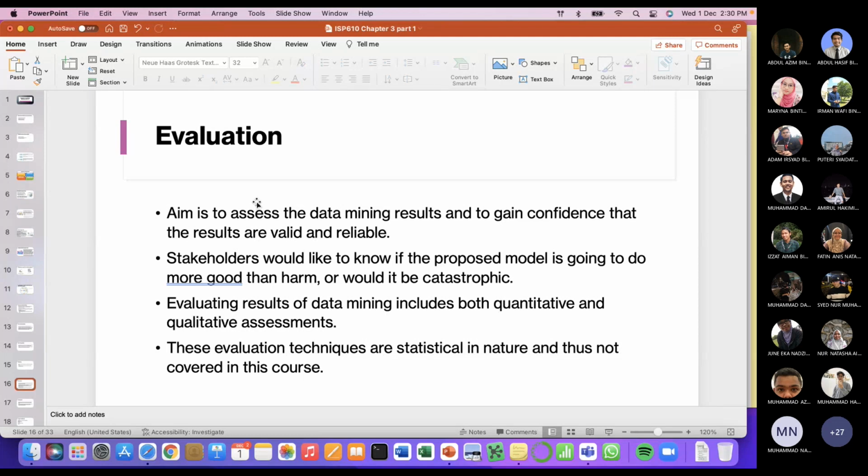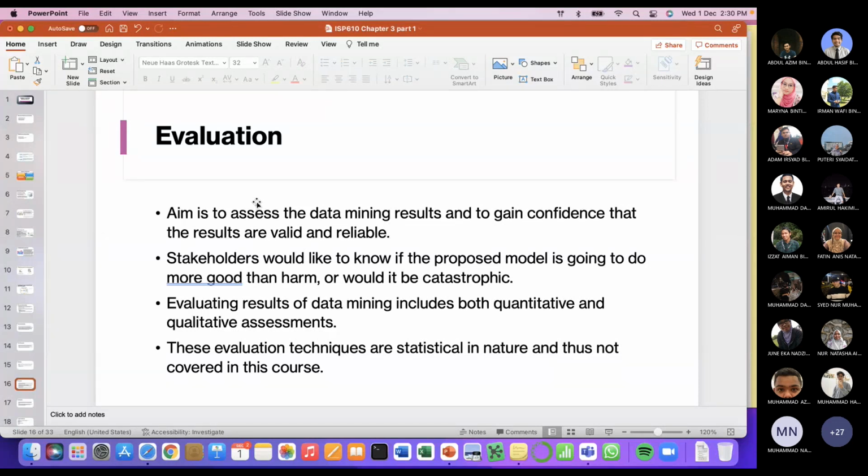But usually dia mesti ada, dia pergi balik lah during evaluation tu, because sometimes stakeholders macam kenapa tak macam ni, kenapa tak macam tu, kan, standard lah benda tu, and then they would like to know what you have proposed and how does it perform. Kalau you nak come out with a prediction model, how many % accurate,